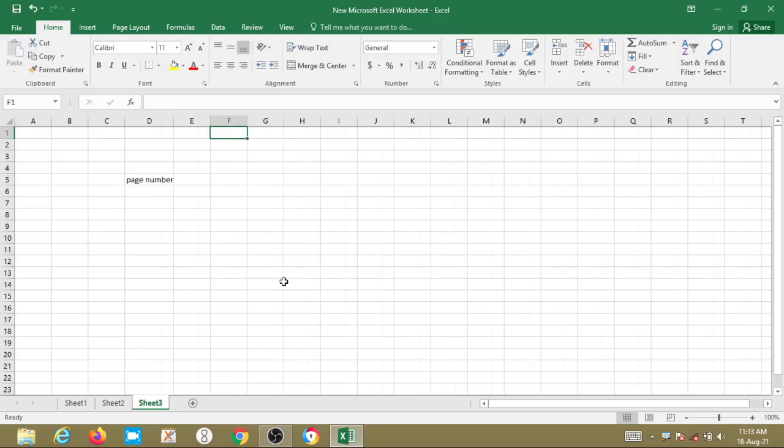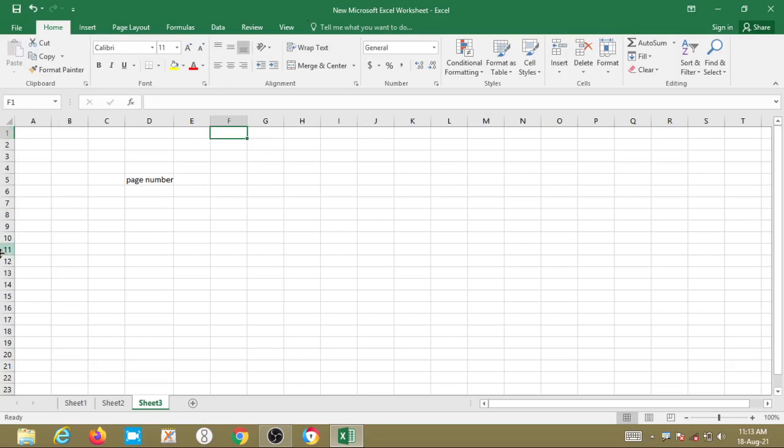So MS Excel is an application software to perform electronic spreadsheets. What are electronic spreadsheets? Using MS Excel we can create electronic spreadsheets. So what does spreadsheet mean?